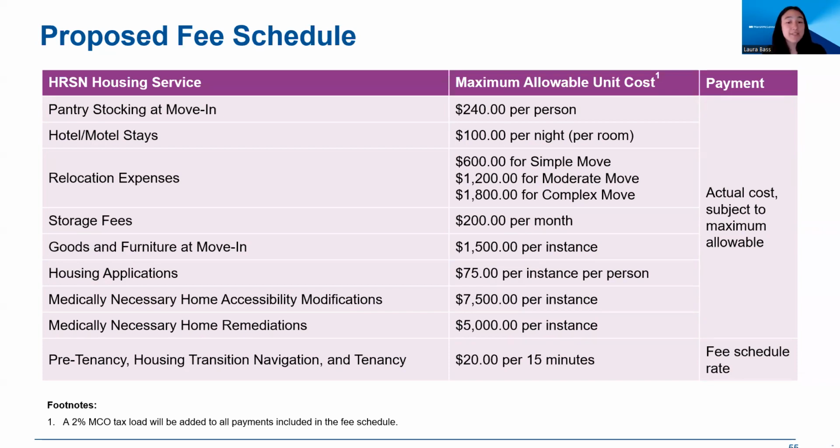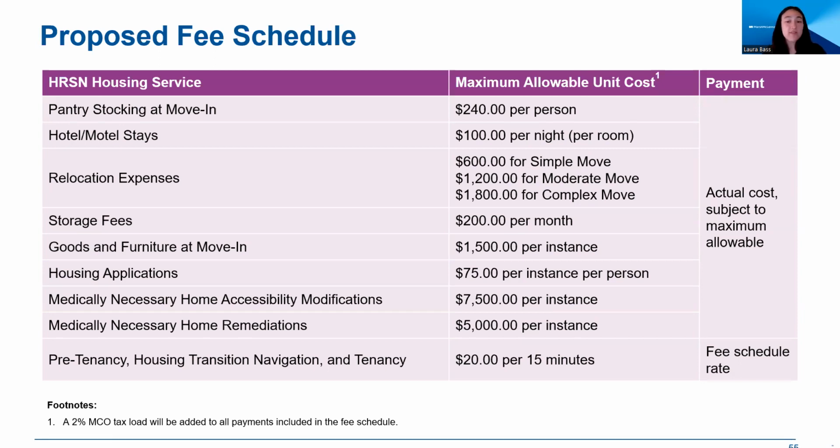So to recap the other services, we have hotel motel stays at $100 per night per room, relocation expenses with a proposed price that varies by distance and truck size and complexity, ranging from $600 for simple moves to $1,200 for small trucks going large distances to $1,800 for large trucks going large distances. And then we've got storage fees at $200 per month, goods and furniture at move-in with a proposed price of $1,500 per instance,